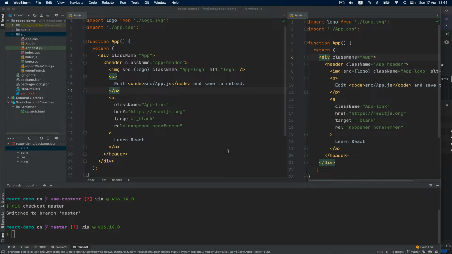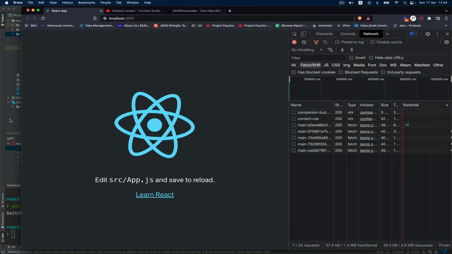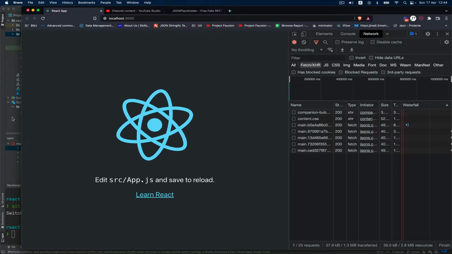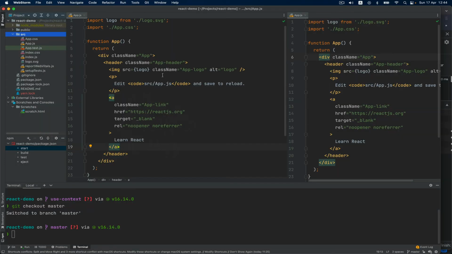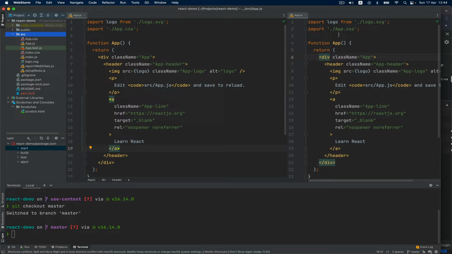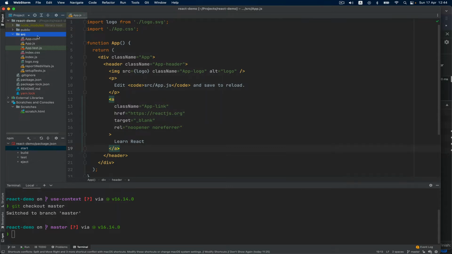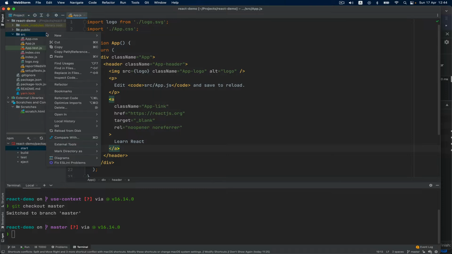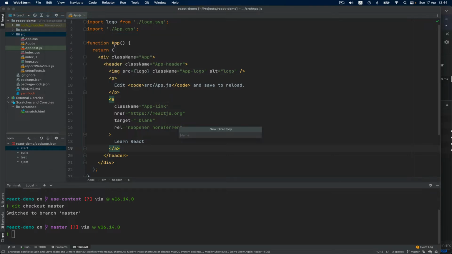So, useContext, the hook, and the context API, to be added to a React project. What you have on the screen is a simple React project, like after creating the project with the create React app CLI. So we have the app file, and in order to add the context API, you don't have to install any library. All you have to do is go to the directory, context, create a new directory, a new file,